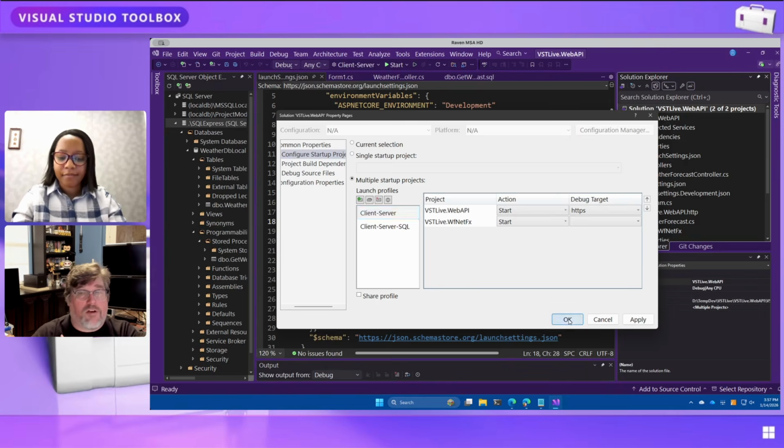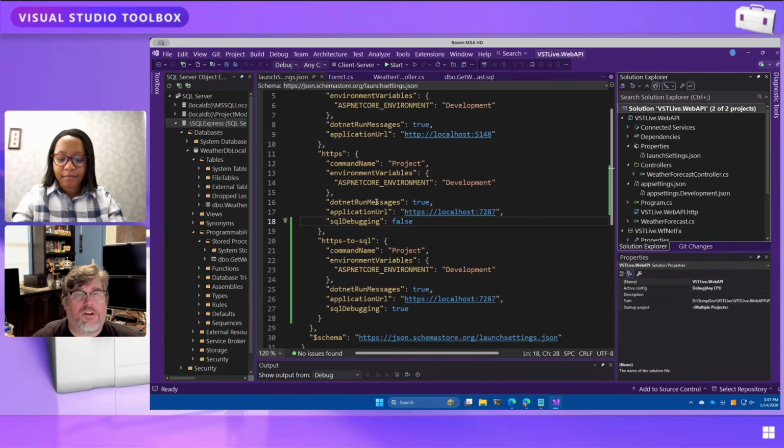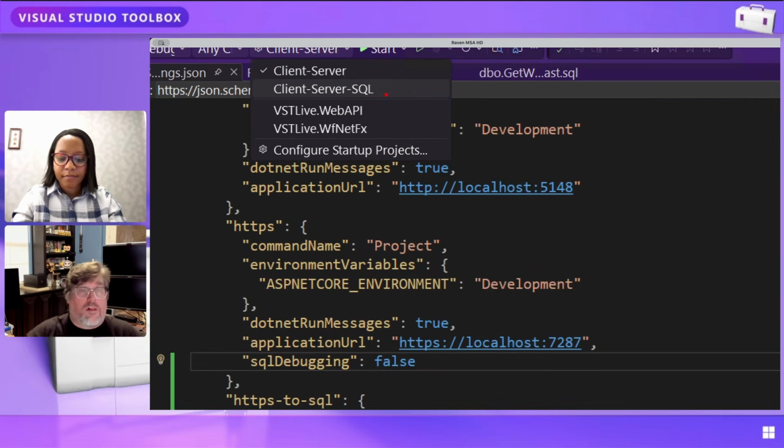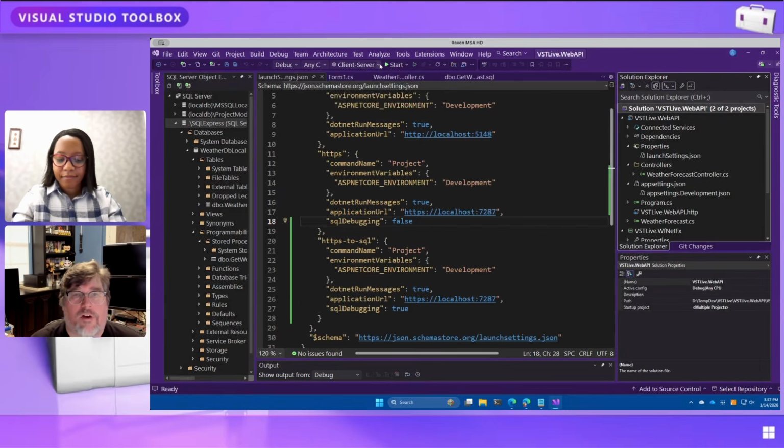So we'll click OK. And now all you have to do is when you click the drop down here, you can pick which launch profile you want, and that will load those different settings. Fantastic. So I can come over here, pick this one, hit start,